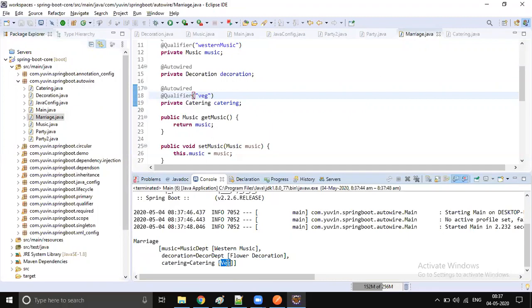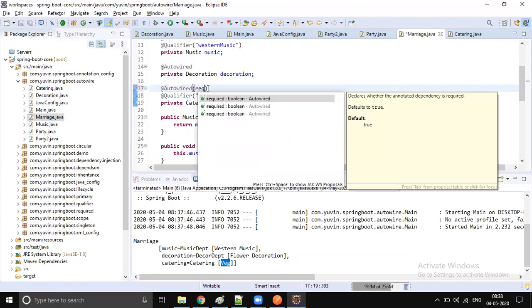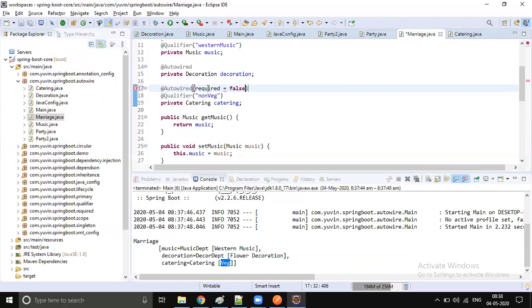Right? So either, if he is fully saying, hey, no, I don't want non-veg, I will go for some other client, I don't want it from you, I will provide it myself, then what will we mark? We will mark this as required false. Right? So some client came, no, at any point of cost, I want to be like,